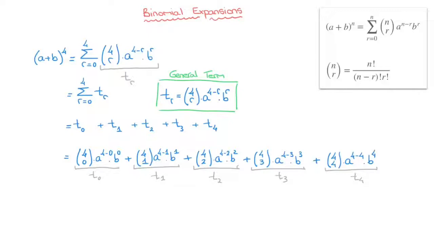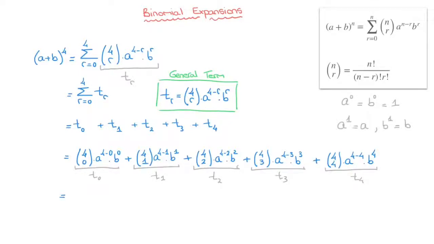When doing so, remember that if we have a raised to the power of 0 or b raised to the power of 0, they are both equal to 1. That tells us that if ever we have an a to the power of 0 or a b to the power of 0, we can just ignore it completely and don't even have to write it. Another thing worth remembering is if we have a raised to the power of 1, then that's just equal to a. In other words, we don't bother writing the power of 1. And in a similar way, if we have b raised to the power of 1, we simply write that that's equal to b. Keeping these results in mind, let's go ahead and simplify each of the powers of a and b in each of the 5 terms that we have here.